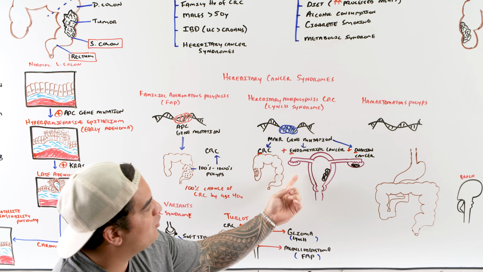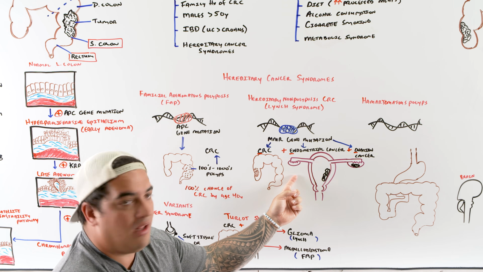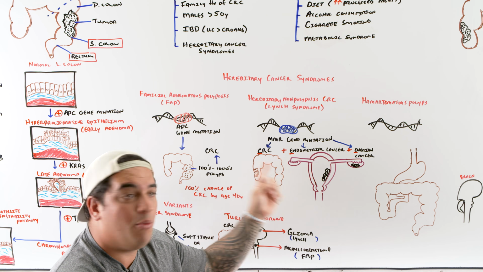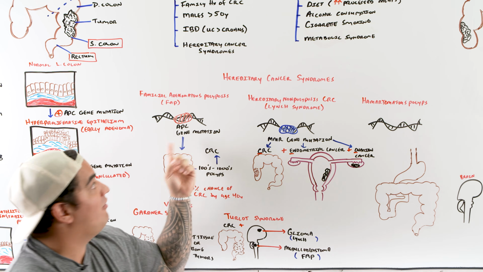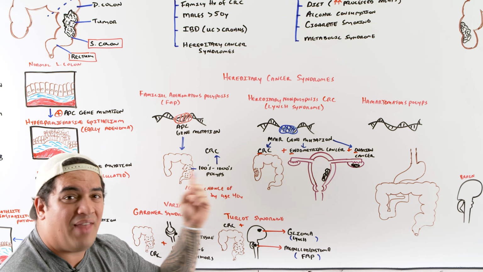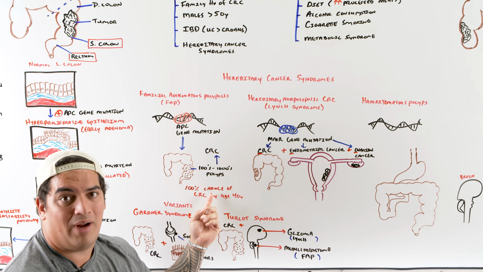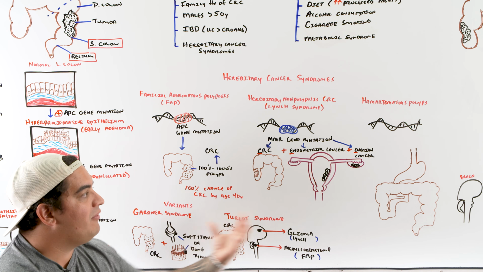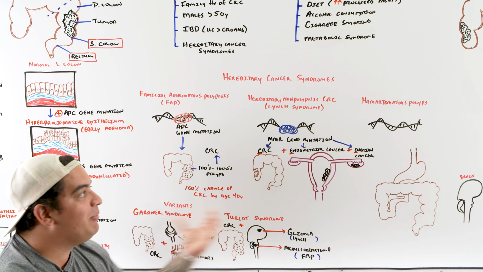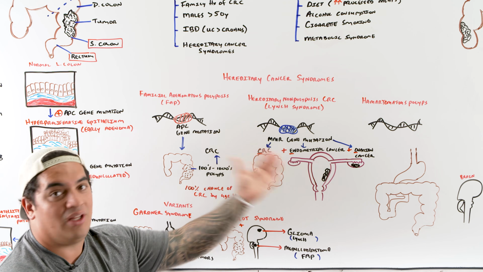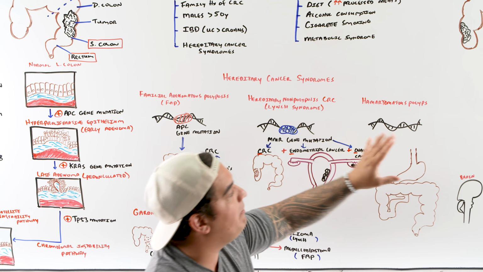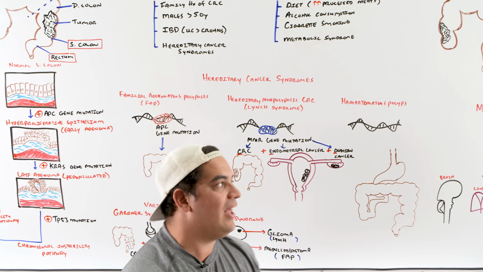Now again, Lynch syndrome, very, very rapid development of carcinoma. Start off as a flat adenoma, boom, can develop a carcinoma. FAP, you usually develop hundreds upon thousands of polyps, 100% chance to develop colorectal cancer. All right, know the variants. These are the really, really big ones you can get tested on. Know this really well. The next part I only mention for the thoroughness of the lecture, but